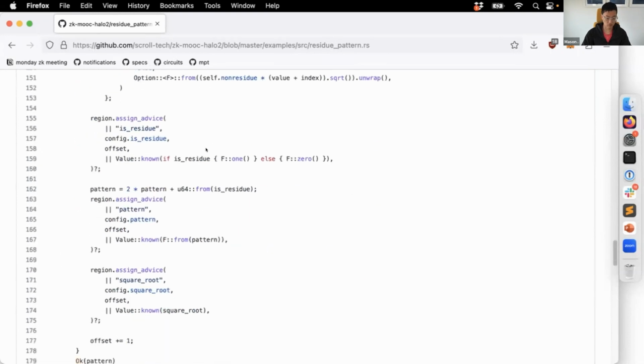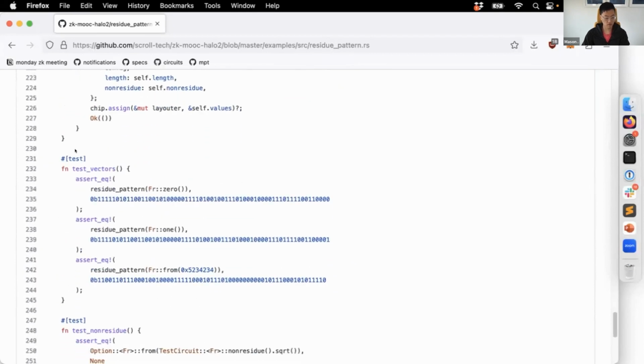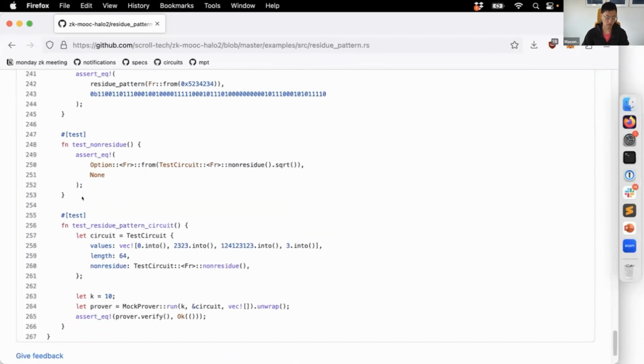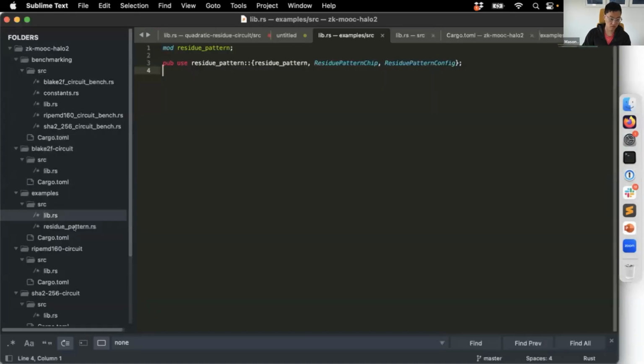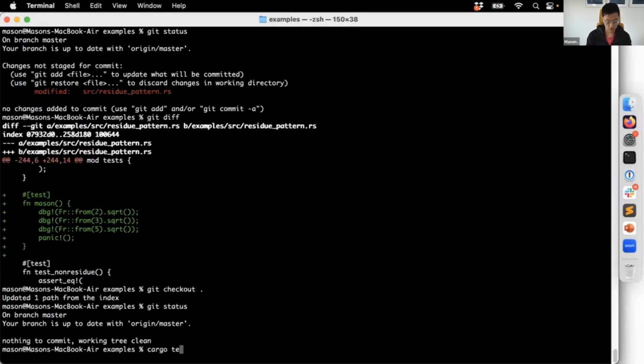Okay, so let's see. I guess we can just demonstrate this here. We have this test called test for the pattern circuit, which is just running the test circuit with 4 values, just these 4 values, and then applying the mock prover on it. So if we do cargo test,